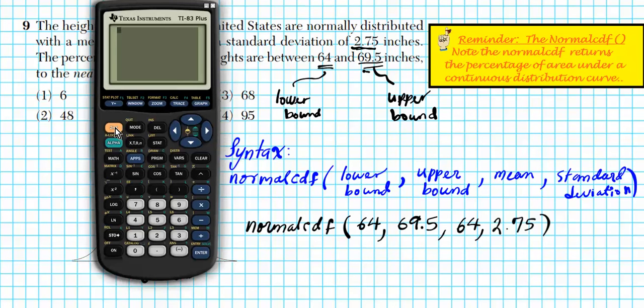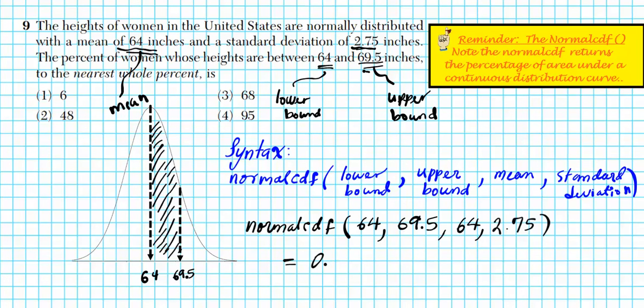All right, so you just press second function variable to access your distribution menu, and then go down to normal cumulative density function, press enter. So remember the syntax: lower bound 64, upper bound is 69.5, the mean here is 64, and the standard deviation is 2.75. Enter. So this is in decimal form, so 0.477. So our answer is going to be 0.4772, basically